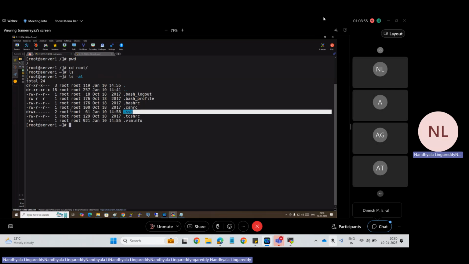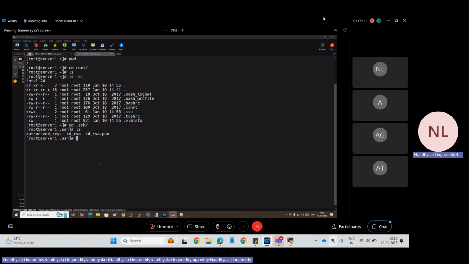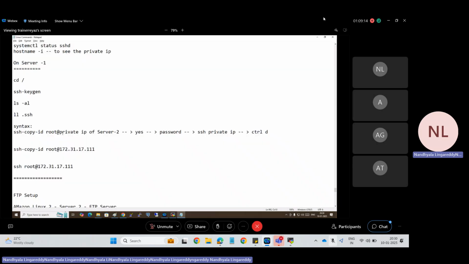It is here inside root. So go inside with cd .ssh. If you do ls, you see the files: id_rsa, the private file, and id_rsa.pub, the public file. What you need to do is copy the file from this server to another server,